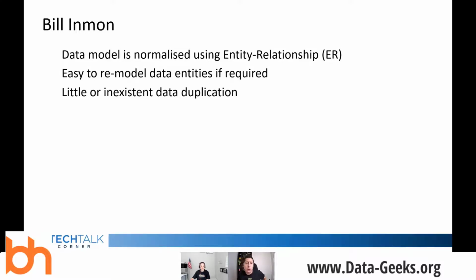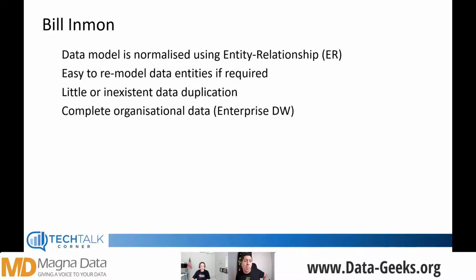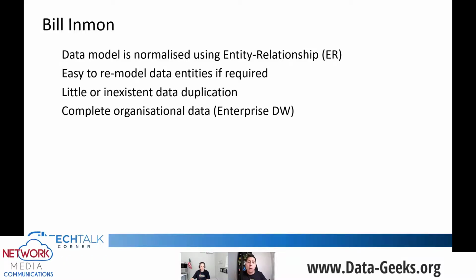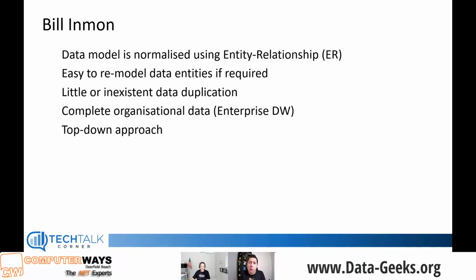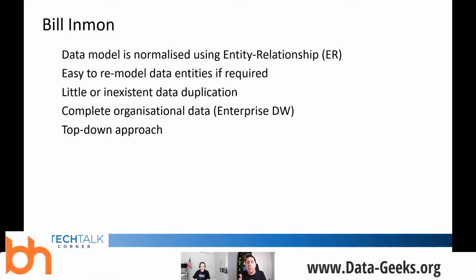One of the key differences with the other 2 approaches is that in Bill Inmon's approach, before we build data marts or we enable BI capabilities, we need to have a complete view of the organizational data. We're following a top-down approach. That means that dimensional data marts are created only after we have a complete data warehouse of the organization.